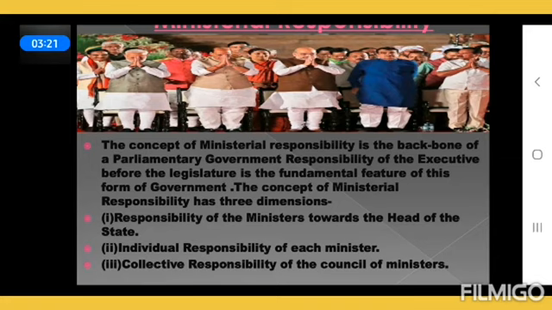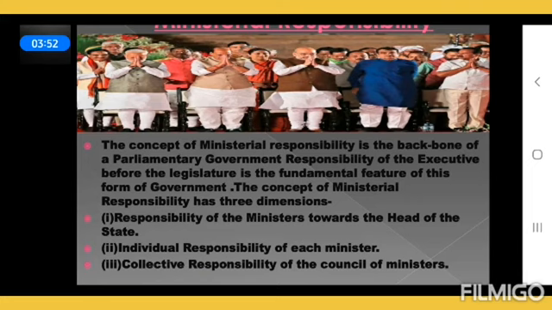They are free to express their views in the meetings of the cabinet, but once a decision has been taken, they have to support it. So anyone disagreeing with the decision has to quit the ministry. If the vote of no confidence motion has been passed against the council of ministers or against the prime minister, then the whole ministry has to resign. That is why they swim and sink together.